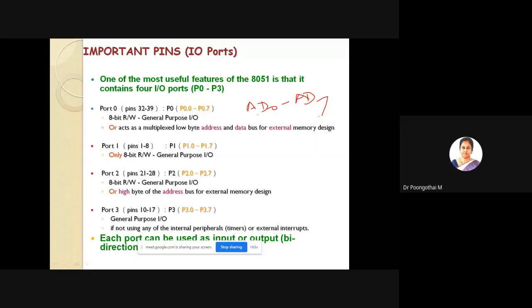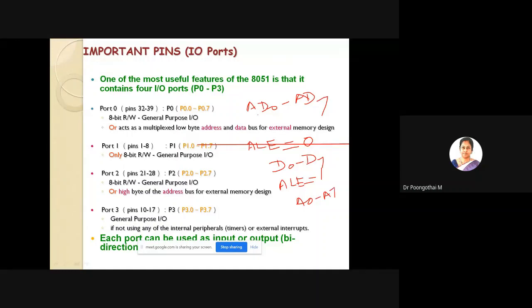So using the ALE signal, we can demultiplex this line. For example, ALE equal to 0 means your P0 provides D0 to D7, 8-bit data. Suppose your ALE is equal to 1, it provides lower order address A0 to A7. So it acts as a multiplexed lower byte address and data bus for external